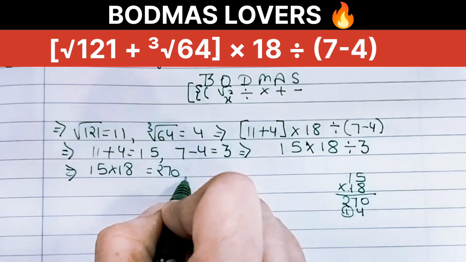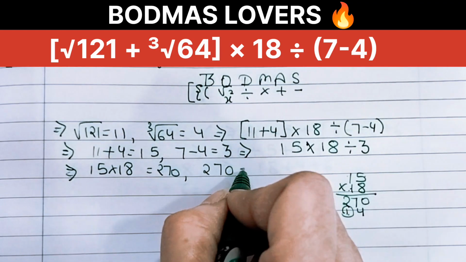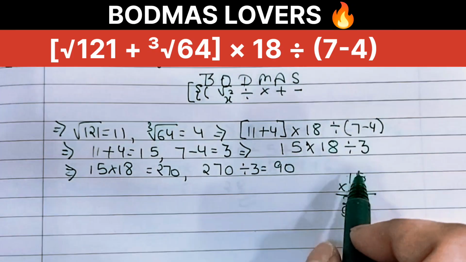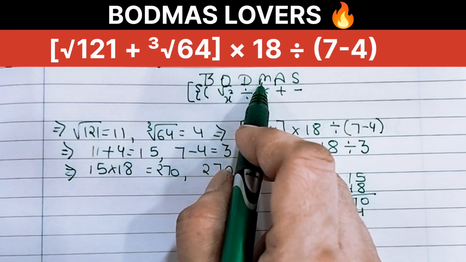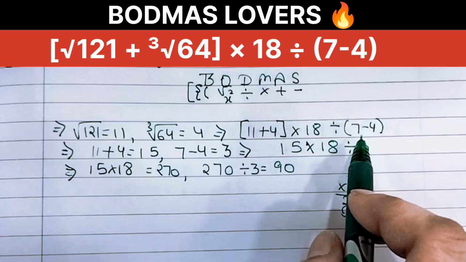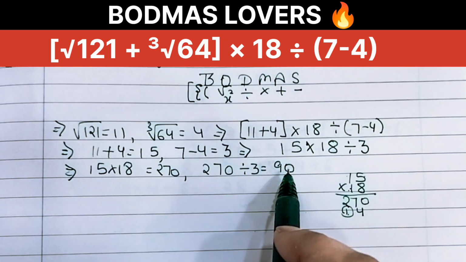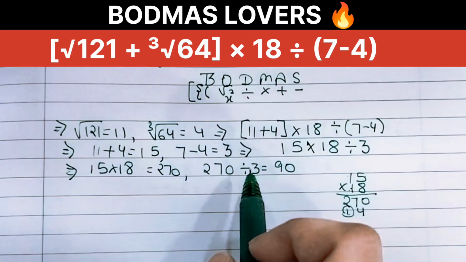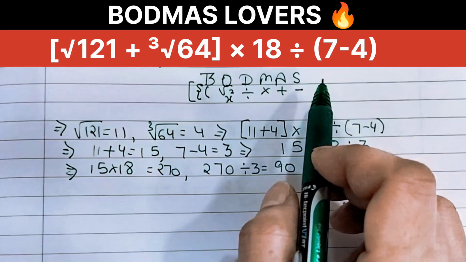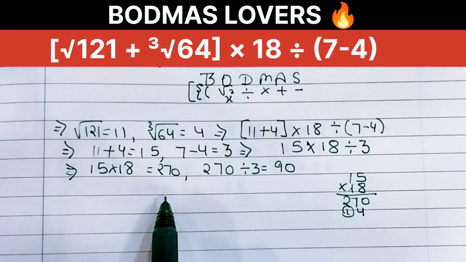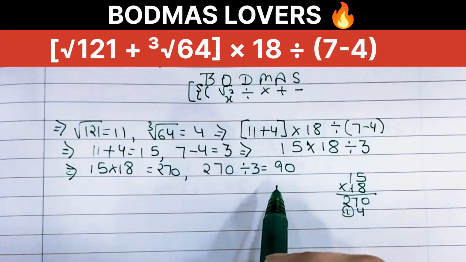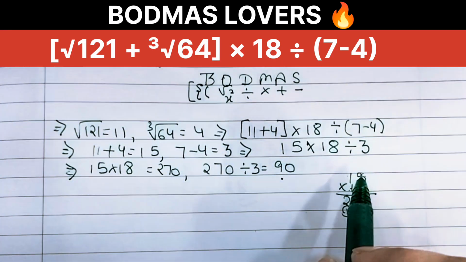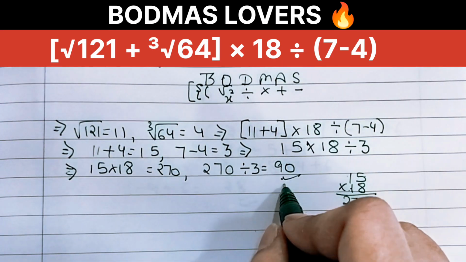And then next we have to divide 270 by 3, and we get 90. According to this step, multiplication M and division D are left together and they hold equal priority, so we resolve them strictly from left to right. An alternative is also here. According to the standard order of operation, we can divide first: 18 divided by 3 gives 6, and then 15 multiplied by 6 gives 90, and we get the same answer in both cases. So 90 is the final result.